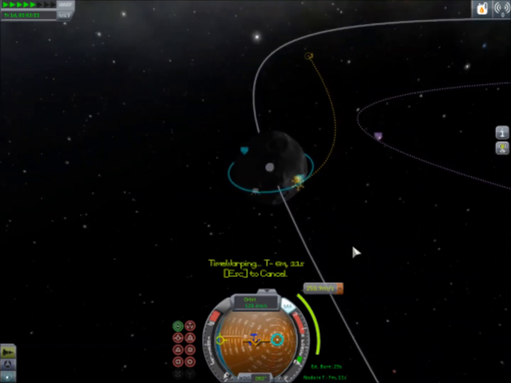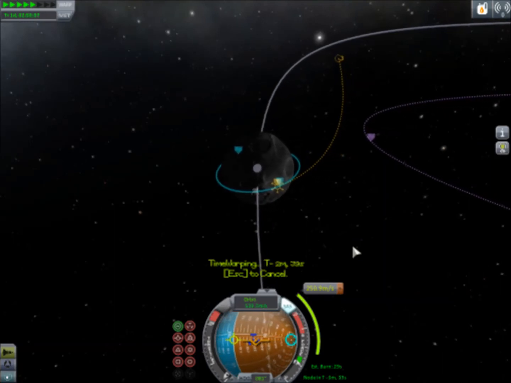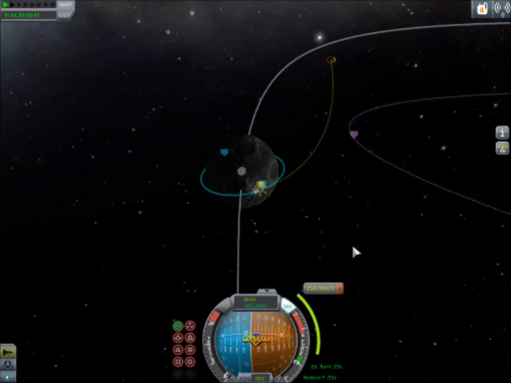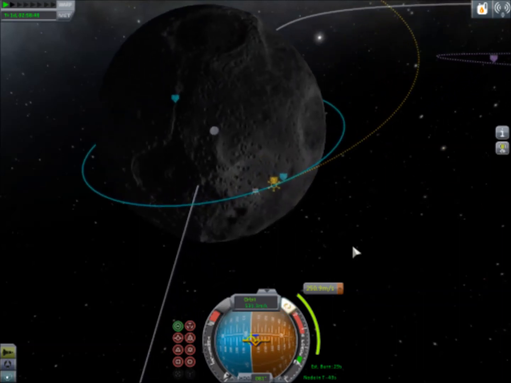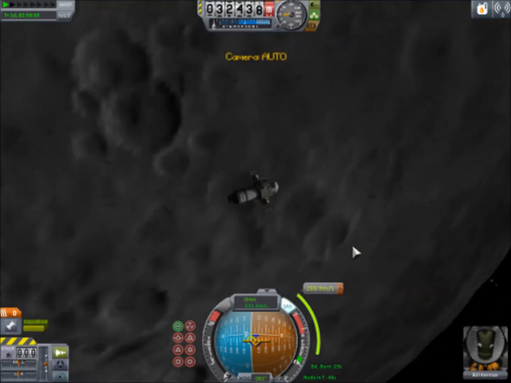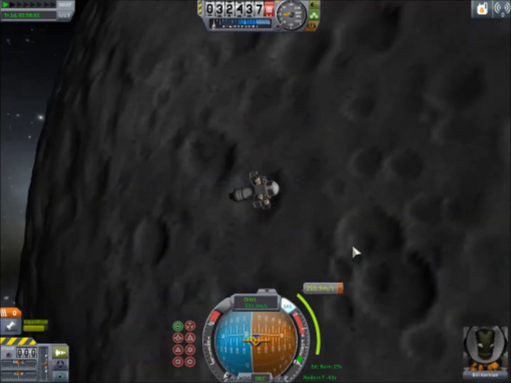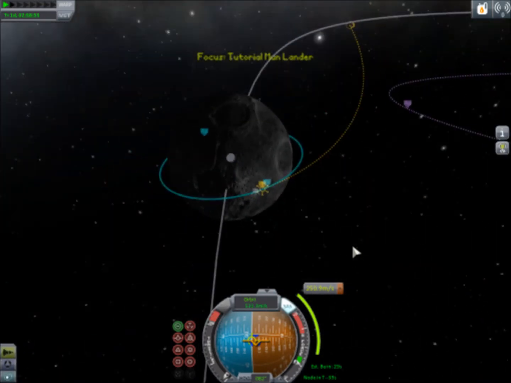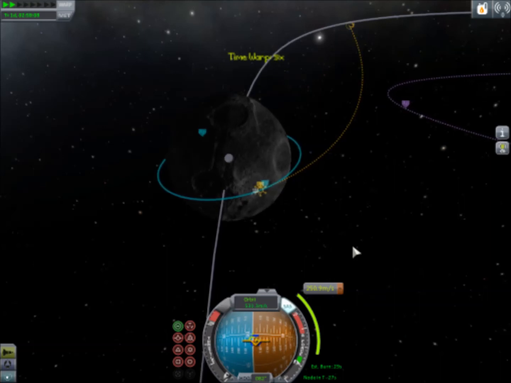Okay, so here it is. We are going to warp until 1 minute away. That is what that button does, it warps you until 1 minute before your maneuver node. So it gives you time to correct yourself a little bit, and we will do that. Take one last look at the moon here before we are getting on out of here and heading back to Kerbin. Okay, so let's just time warp a teeny bit,